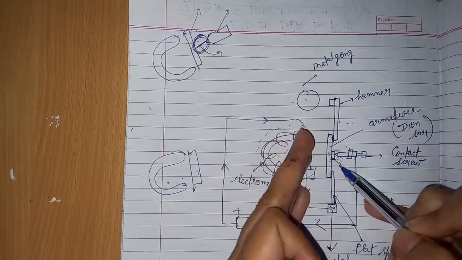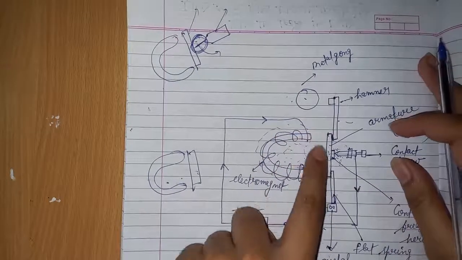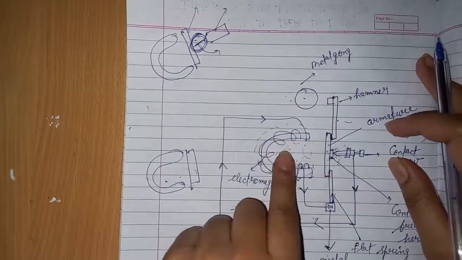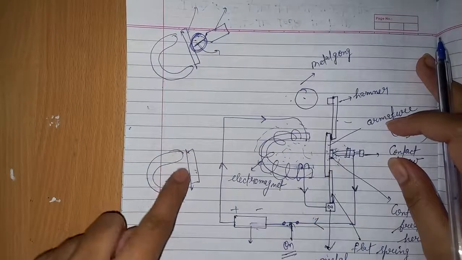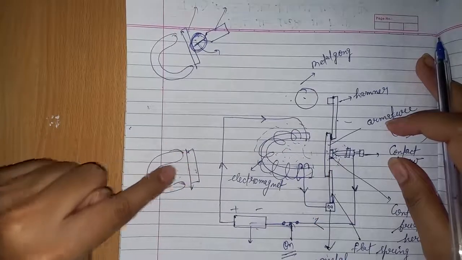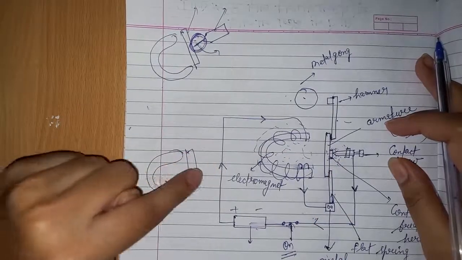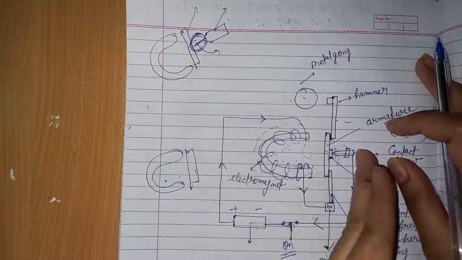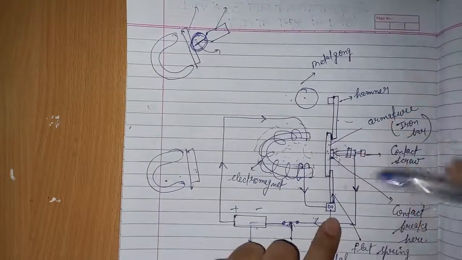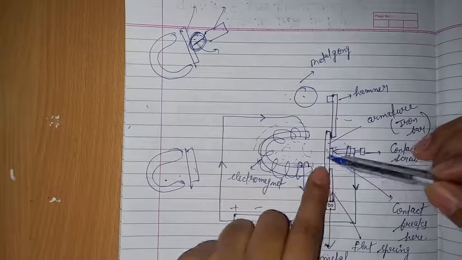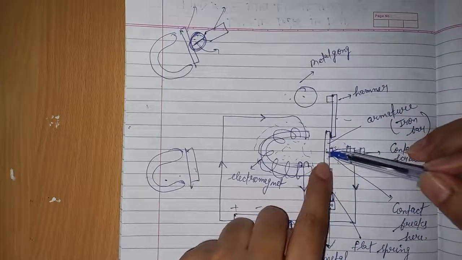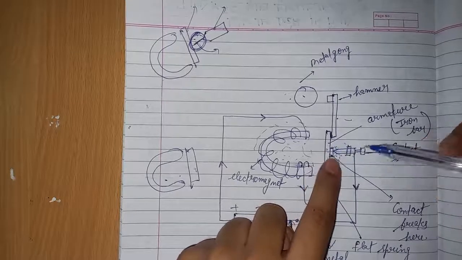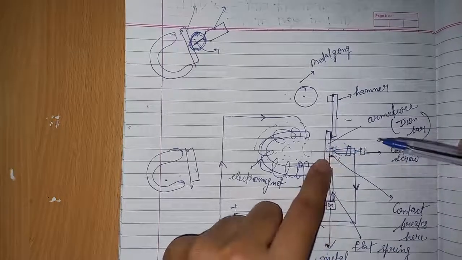When the circuit becomes incomplete, the magnetic field produced by the electromagnet stops, due to which the armature returns to its previous position, because the flat spring brings the armature back to its original position, and again the armature and contact screw connect,